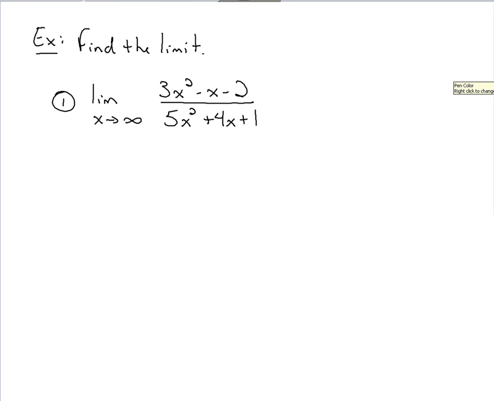Anytime you have a problem where you're taking the limit as x approaches infinity, all you're going to do is look at the rational function that I'm applying this limit to. You're going to look at the degrees in the numerator and denominator. So here, degree in numerator would be 2 because that's the highest power of x present. Degree in denominator, also 2 because that's the highest power of x present. If I notice that the degrees are the same,